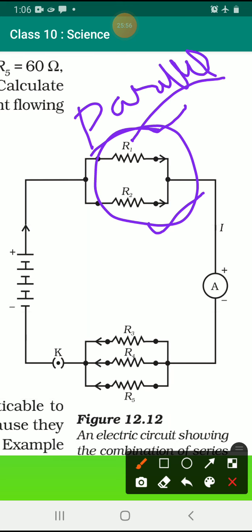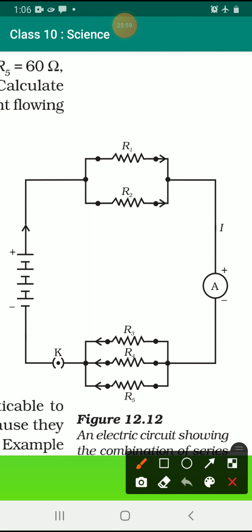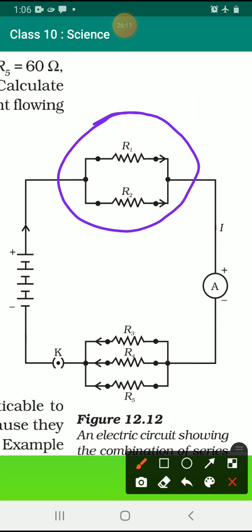Okay, these are the two resistors. First, we reduce these two resistors to one resistor. How are we going to reduce them to one resistor? First we put the formula of the parallel, and we take these R1 and R2 values there. Okay, and then when that value comes, suppose this is 5 and